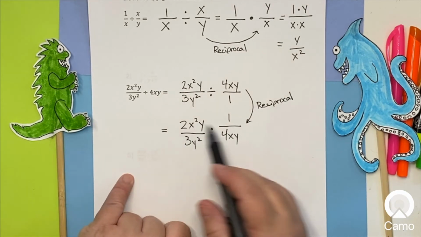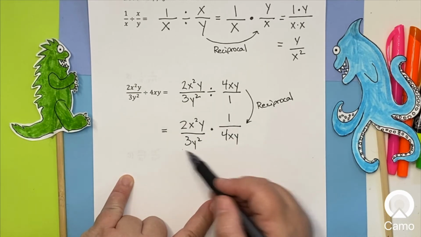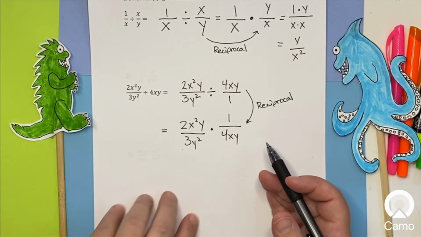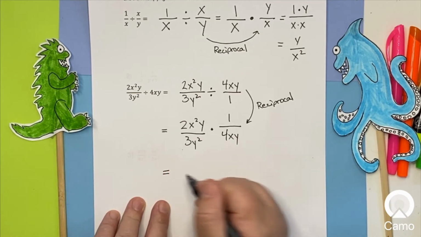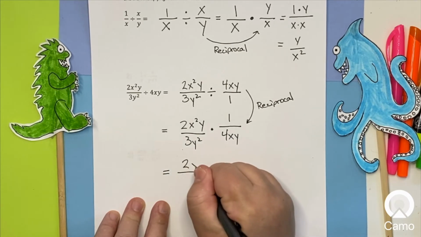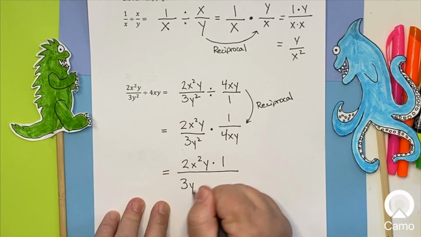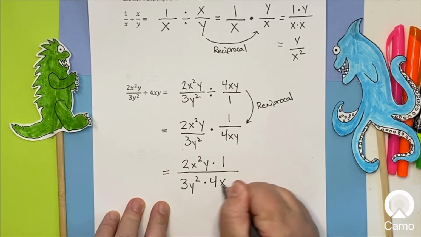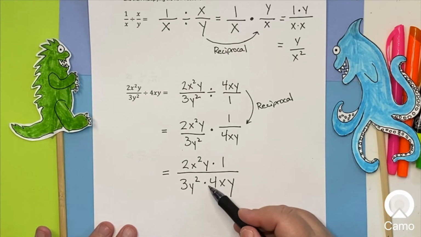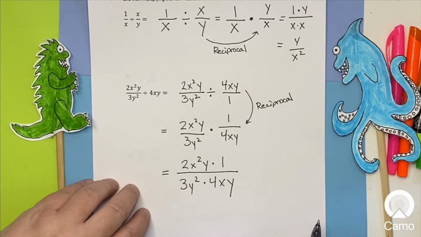Could you reduce everything here? Yes, you could. The problem is if I did all the reducing in here, it'll mess this up, and so anyone reading these notes is going to find it a little bit hard to read. So I'm going to go to the next step. I'm going to write 2x squared y times 1 all over 3y squared times 4xy. So we've got a single fraction, all multiplication, none of that nasty addition and subtraction stuff,